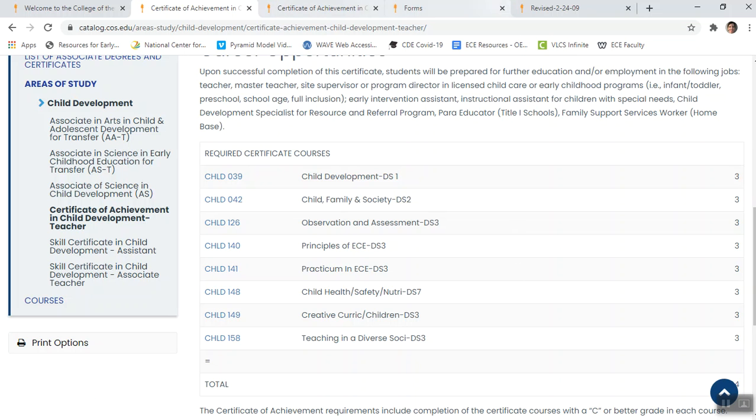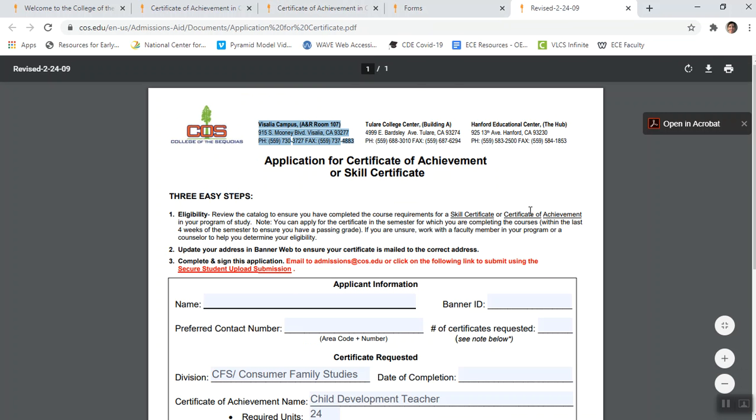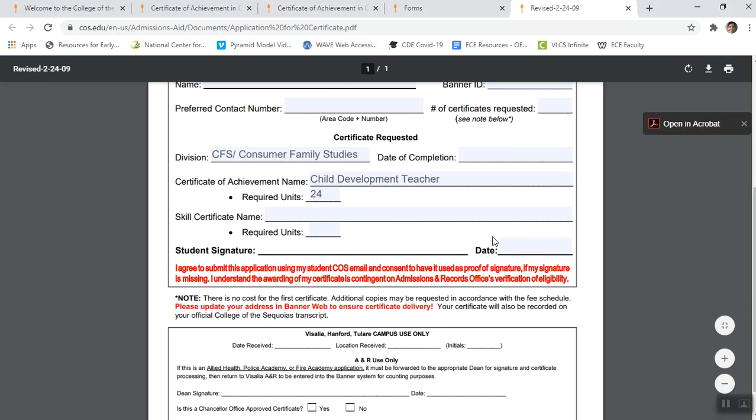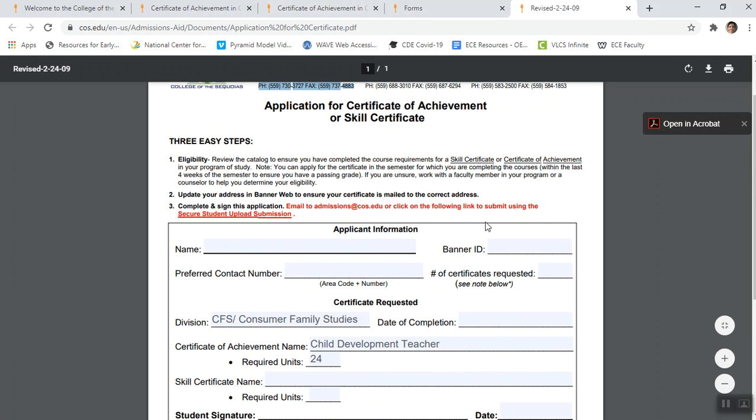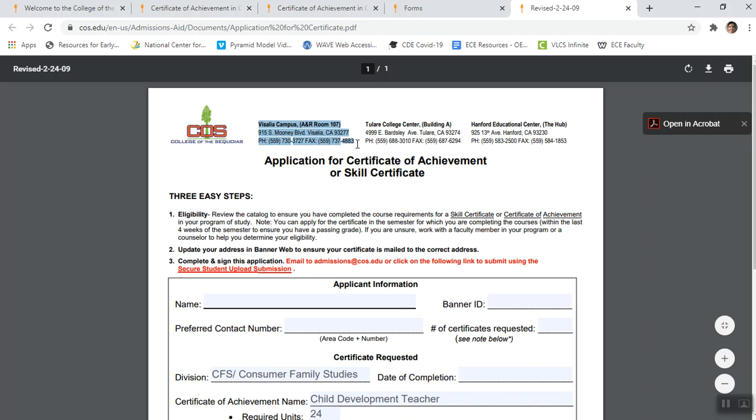So hopefully you have all the information you need to apply for a certificate. If you still end up needing help figuring this out or getting it submitted, reach out to any of the full-time faculty. We're more than willing to help you get this submitted. And again, it benefits you guys and us in the long term, and so we would really appreciate it if you would